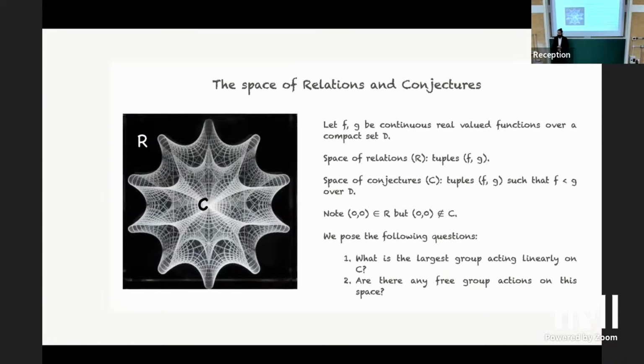Questions so far? Yes. So these conjectures, they're true over D, and you're hoping they're true over some larger domain. Exactly. But you don't expect it to. That's right. That's why we call it conjecture and not theorem. But if I give you, let's say, 1 minus x and 1, this is true for x less than 1. Some domain, yes. So then you would ask, for which domain is it true? That's a very interesting question, actually.